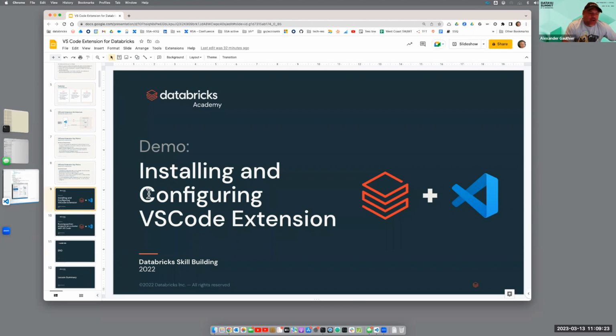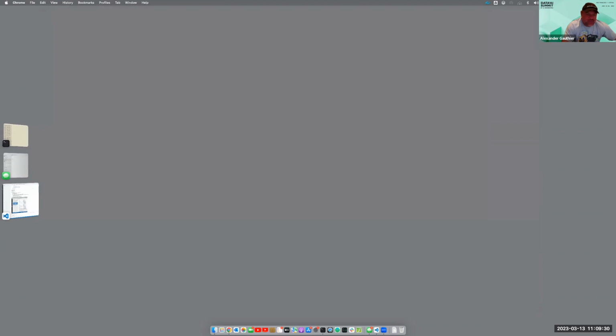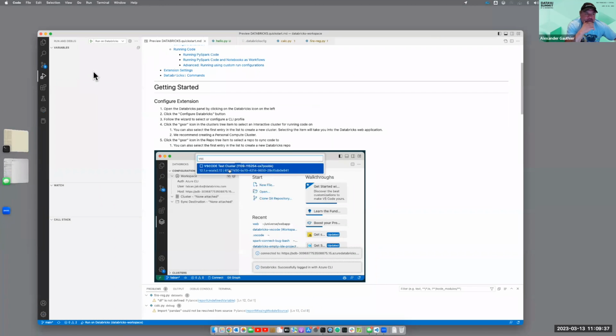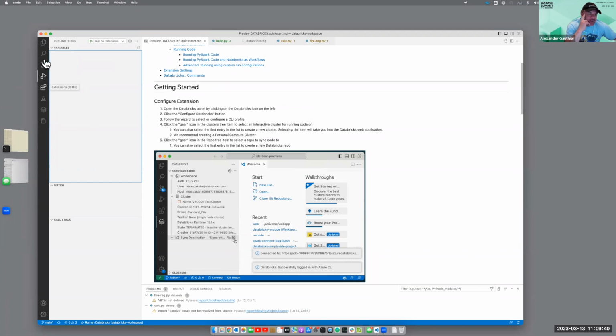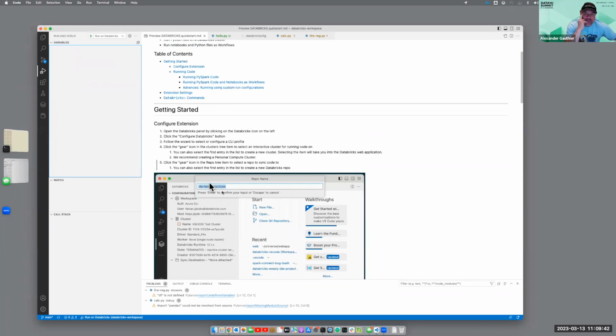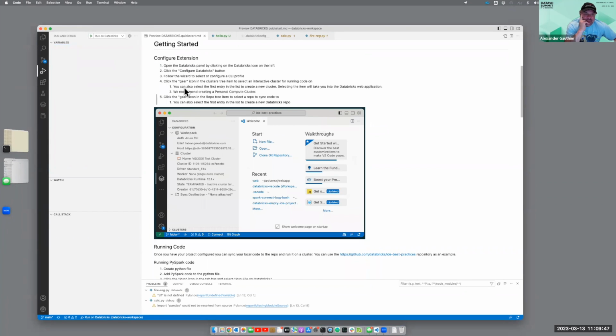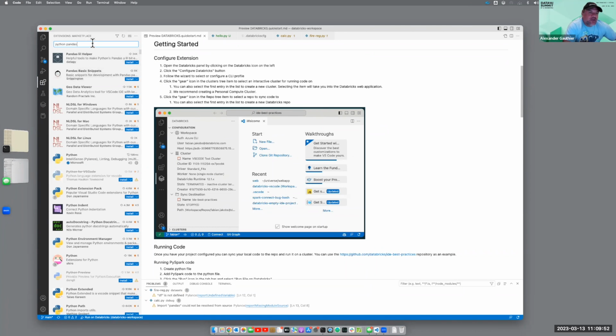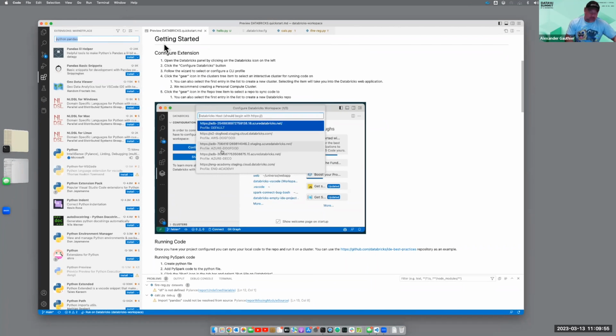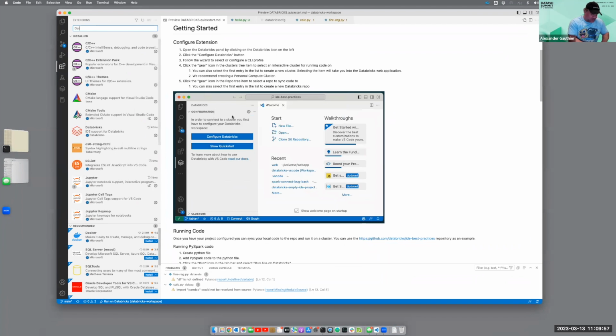All right, next I'm going to walk you through the installation, what it actually requires to get all set up. So we're going to jump into VS Code here. To get started, I already have it installed, so it's a little bit different, but we're going to go into how we actually get started. We can go into configuring the extension. If you look here, we have extensions. There's an entire marketplace. So if we go into Databricks,